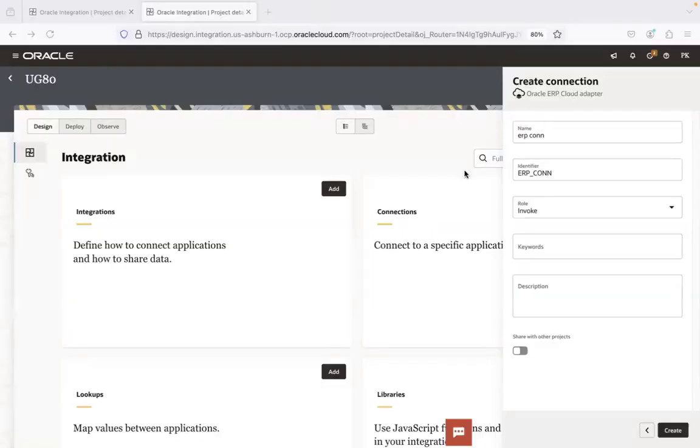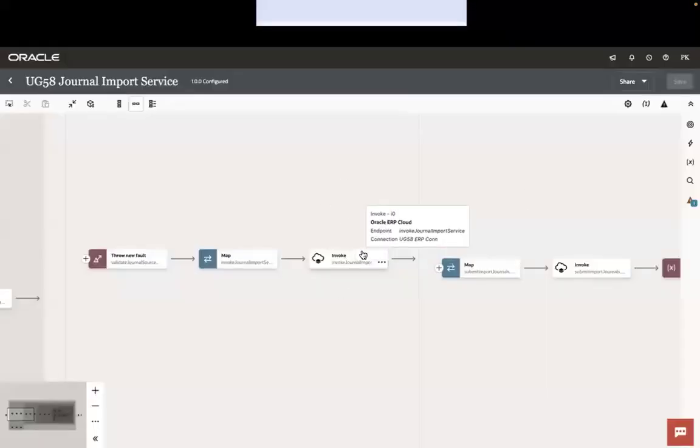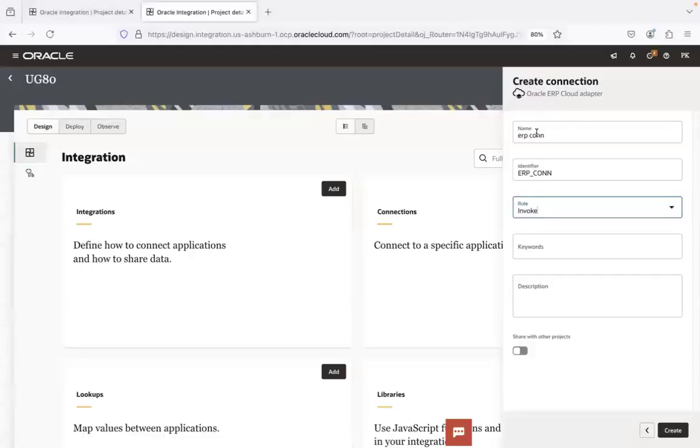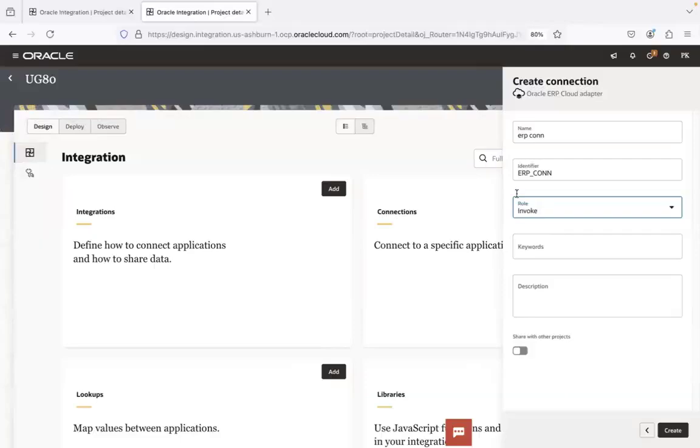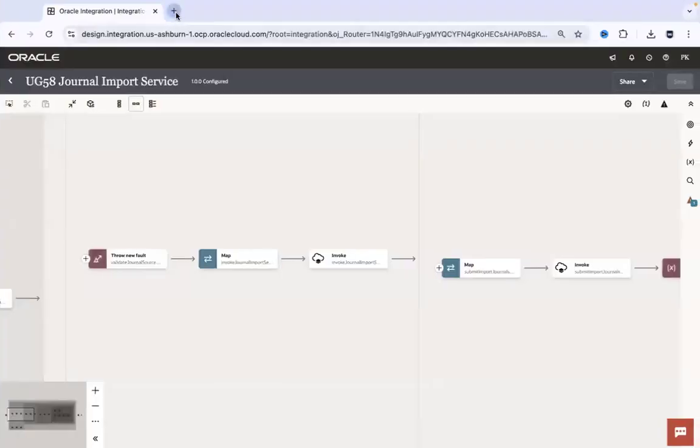Now let's say Prasad has created this ERP cloud connection, and when he assigned a role for that connection, he thought about a role only from his integration standpoint. Yes, I need to use this connection to invoke 2 or 3 services, so I created a connection with role as invoke. Tomorrow,